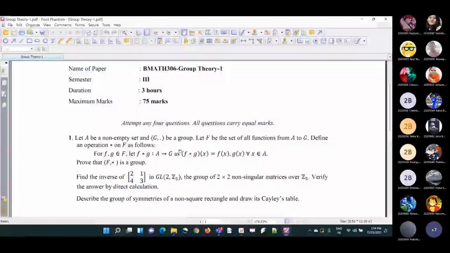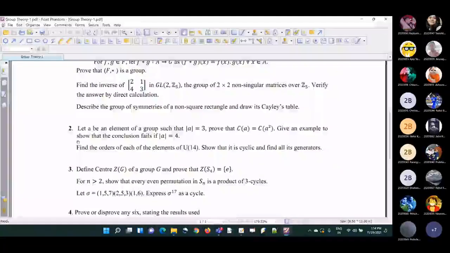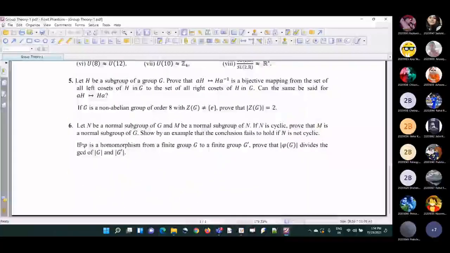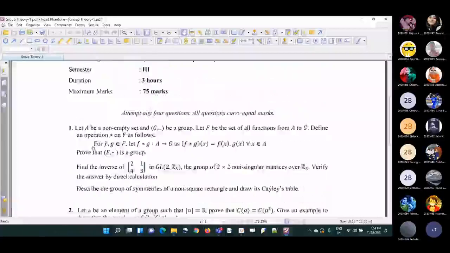So you can see there are 6 questions, and the questions are big in the sense that they have so many parts. Of course, they have not divided the question in so many parts, but the thing is that there are so many parts. They are not writing like 1A, 1B, 1C, 1D, something like this. So you can read the question and then you will come to know what is there and what you are supposed to reply.